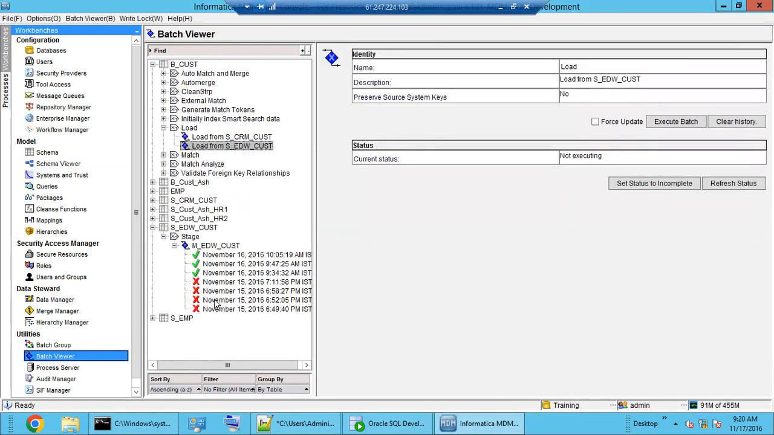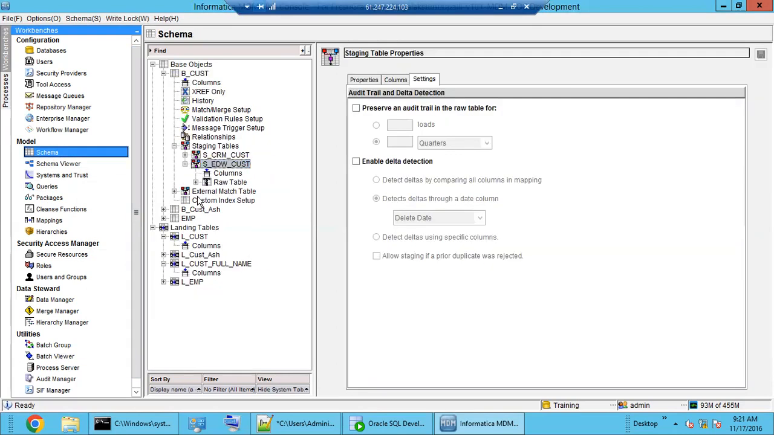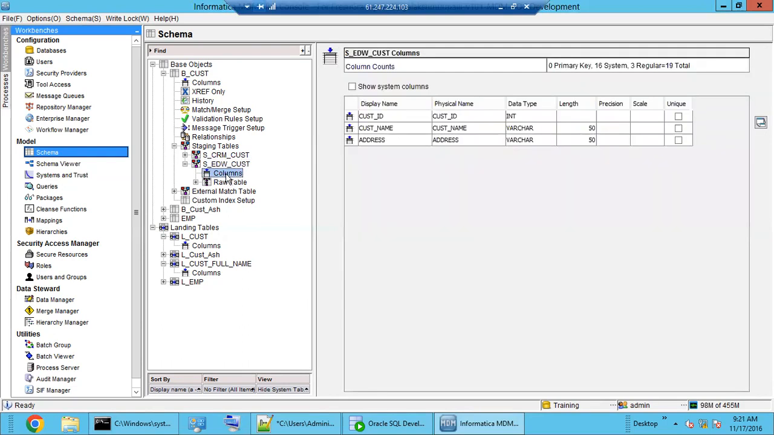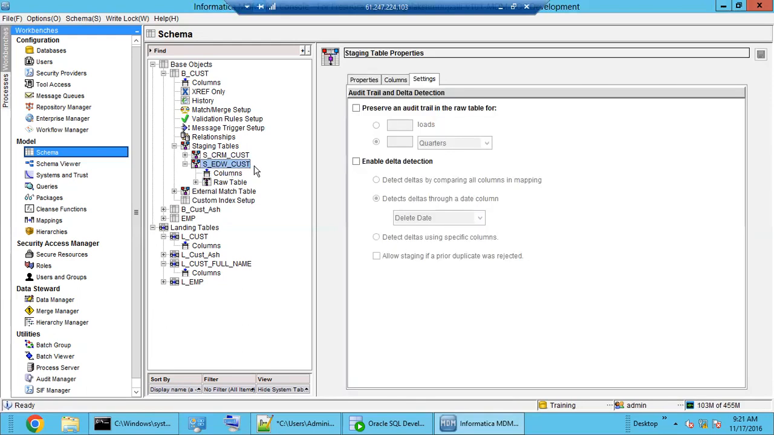While populating from stage to BO, what will happen to the columns that we have not selected in staging? Once the data comes from EDW, suppose this customer ID we have not selected